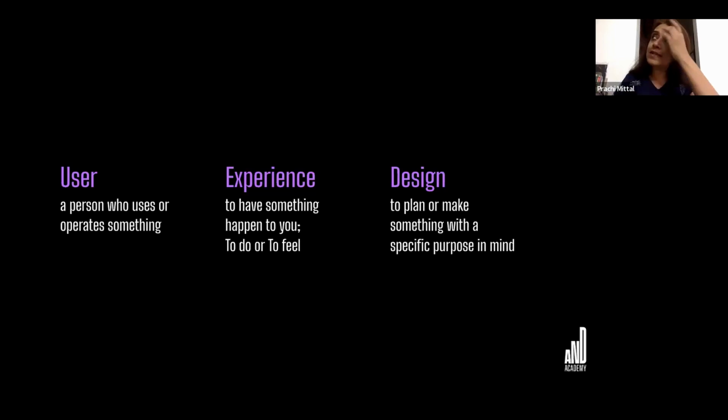We tend to use design both as a noun. So we can use it for the motif on your garment and say, "Ki ye design hai." So that's when you're using it like a noun. But when you use it as a verb, as an action word, then the word design means to plan or make something. So plan and make. Every word here is important, which means that you have spent some time, resources, energy in planning and then making something with a specific purpose in mind, right?